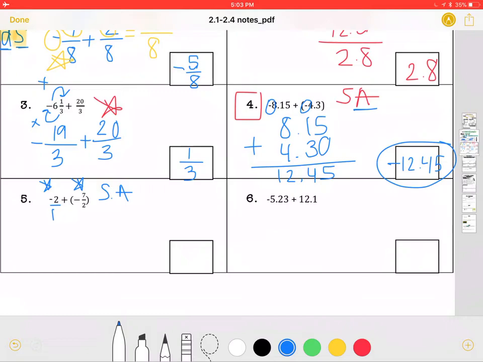What can their common denominator be? I'm going to make it 2. Could you make it 4? Sure. There's plenty of options. I always just try to think of the easiest one. If you're unsure and can't think of one, remember you can always just multiply the denominators together. 2 times 1 is 2. So I'm going to change this to a denominator. Right now it's 2 over 1. I want it to have a denominator of 2, which means I need to multiply by 2, which means I need to do that to the top. 2 times 2 gives me 4. So I now have negative 4 over 2